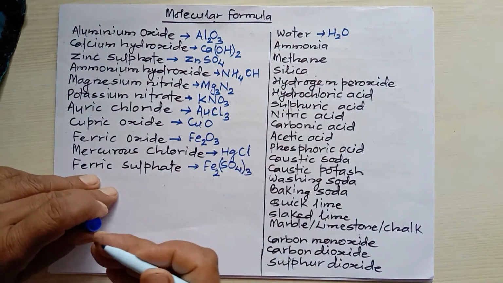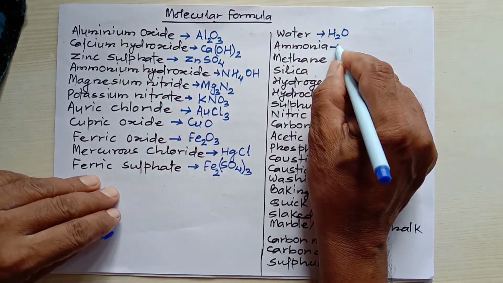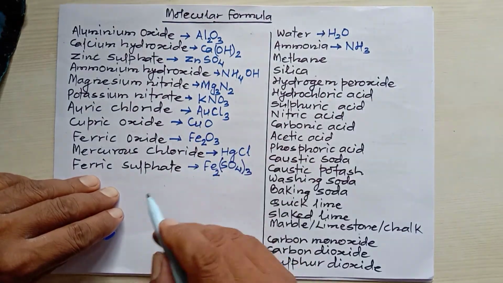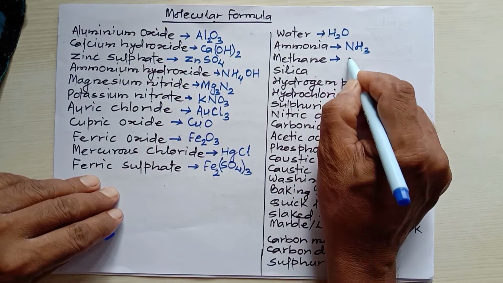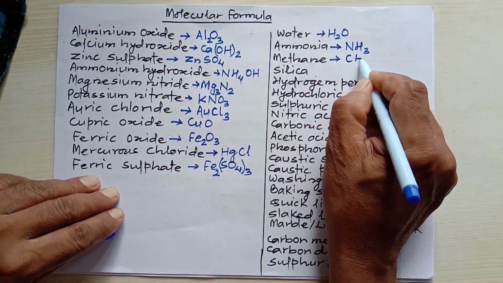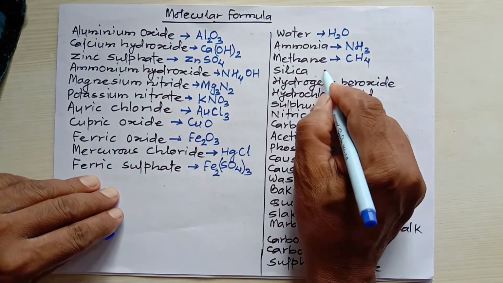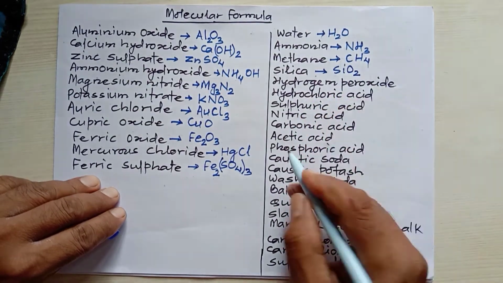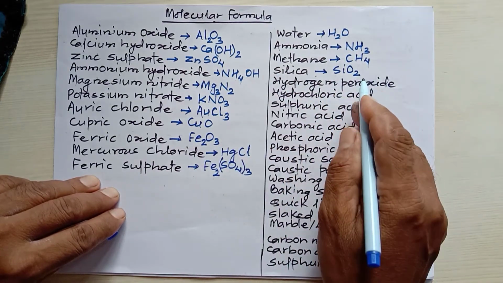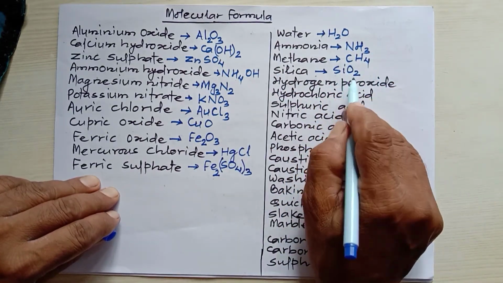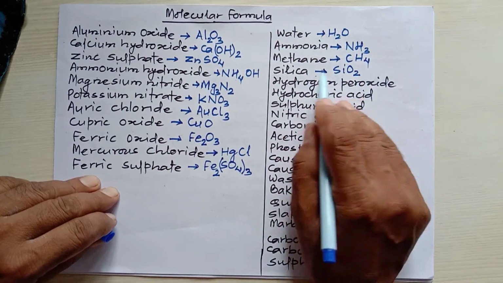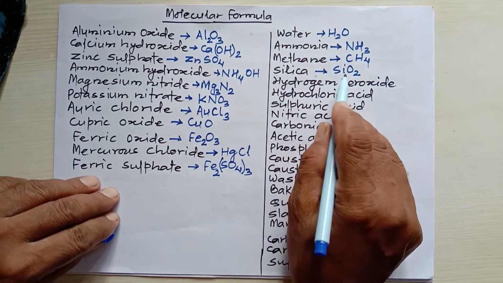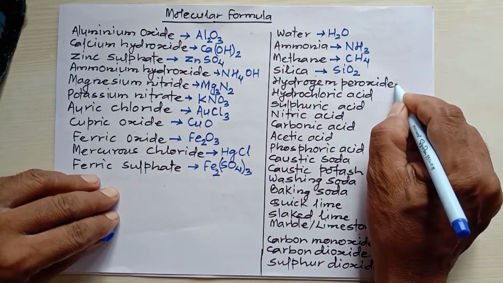Just for example, ammonia. Ammonia doesn't say that it contains nitrogen and hydrogen. Its molecular formula is NH3. In the same way, methane. Methane doesn't say that it contains carbon and hydrogen, CH4. And silica. Silica means SiO2. And this silicon is combined with oxygen, silicon having valency 4 and oxygen 2, and when we transpose and take common, we'll get SiO2, but it is written just silica, and that's why we have to remember this. Hydrogen peroxide, this means